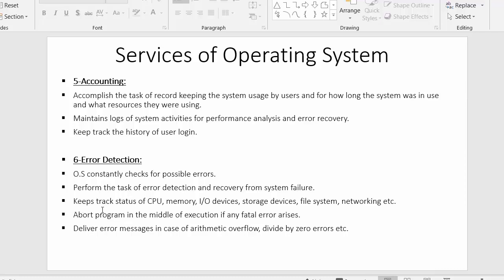Next point is to keep track of the status of CPU, memory, input output devices, storage devices, file system, networking, etc. Along with keeping a close eye on error detection, the operating system also keeps track of the status of the CPU. It checks whether main memory has enough processes inside it so that the CPU will not sit idle for any moment, whether sufficient memory is available to assign to processes, and whether the processes are properly communicating with the input or output devices.